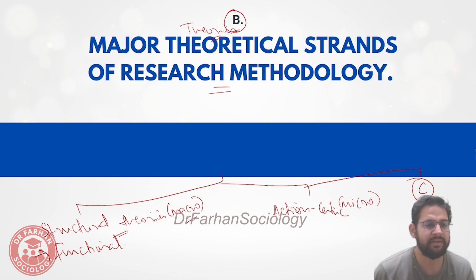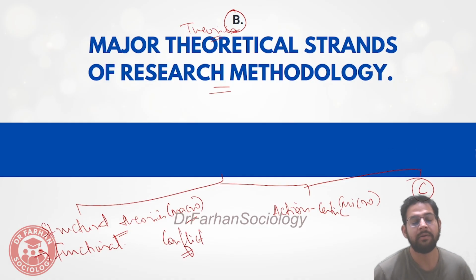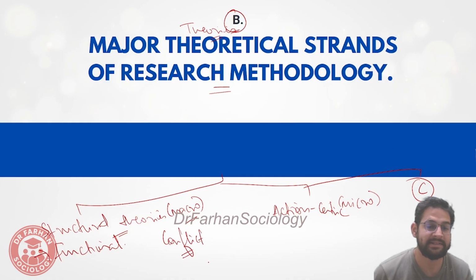Then after looking at the functional theories, there is some group of theories who are telling that no, they are not in coherence and coordination, but rather they are present in antagonism. They are present with some enmity and conflict. These are called conflict theories. If you look at Marxism, that comes under conflictism. If you look at Gramsci's contribution, Louis Althusser, feminism, all these are coming under conflict theory.